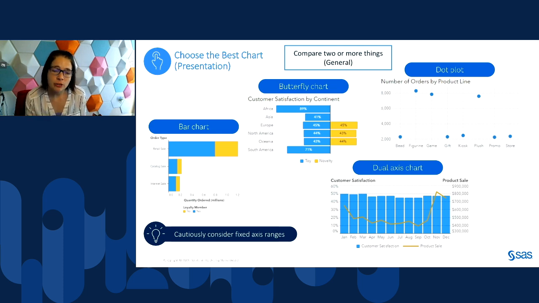However, it's important to remember that if your data changes frequently and varies widely, fixed axis ranges might not be appropriate because your data can go outside of the fixed range and you might not even know about it. So that's why we say to cautiously consider using them. If you do have viewers that use sonification, you might want to play around with it a bit. That will help them view the chart a little bit better.